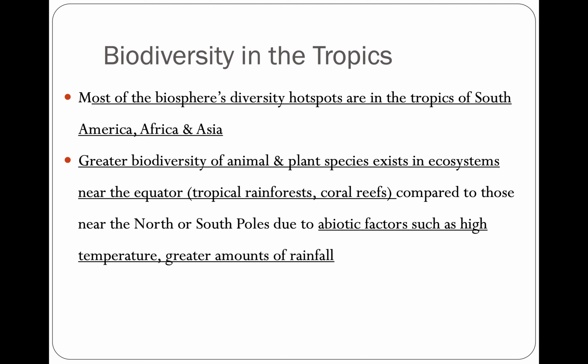Places near the equator will have more rainfall and higher temperatures compared to places nearer to the Arctic zones, because the colder it gets, the ground freezes and you have something called permafrost, which makes it difficult for large plants to grow. If there are not a lot of plants, you can't support a lot of animal life, hence low biodiversity in places like the Arctic. Not to say that you don't find animals, but remember it is the number of animals. If you go to the North Arctic, maybe there are going to be some polar bears,